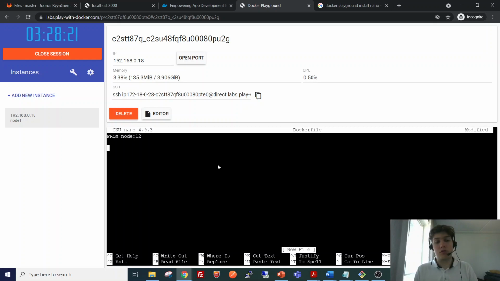So next we can input this WORKDIR that tells Docker the working directory inside the container. The next thing that we are going to do is copy the package.json files. We want both the package.json and the package-lock.json. They contain the necessary information about the application that we have been building.